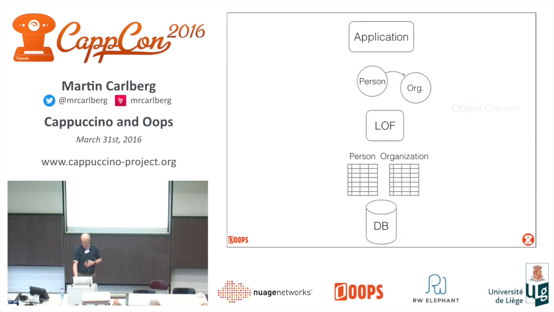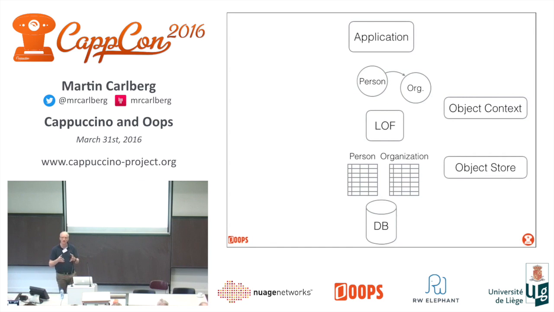Here the object context is working closer to the application to check out the objects and so on. And the object store is the one that's going to talk to the backend